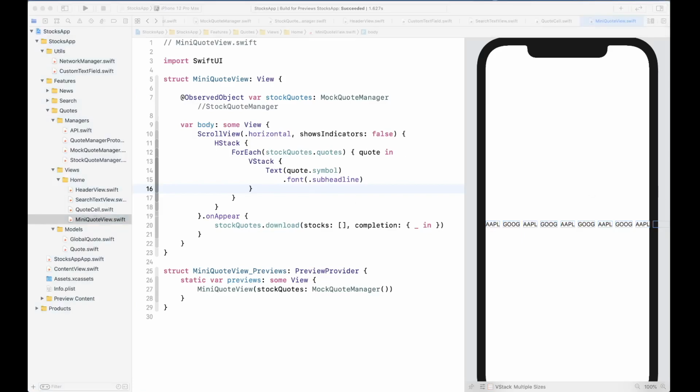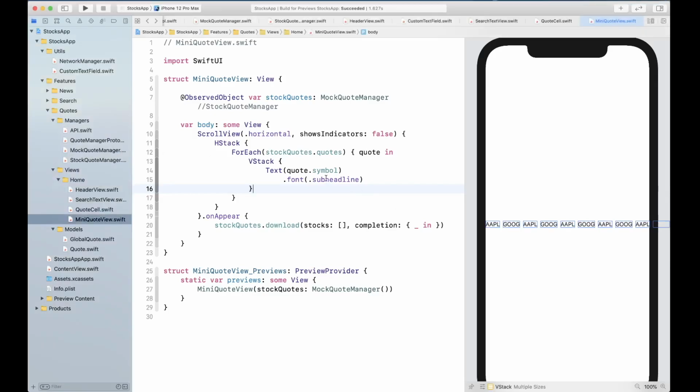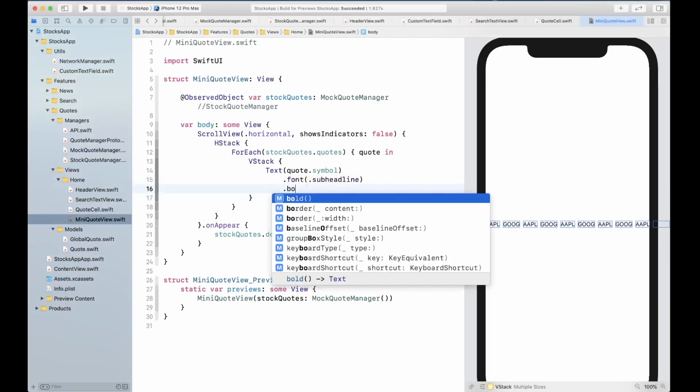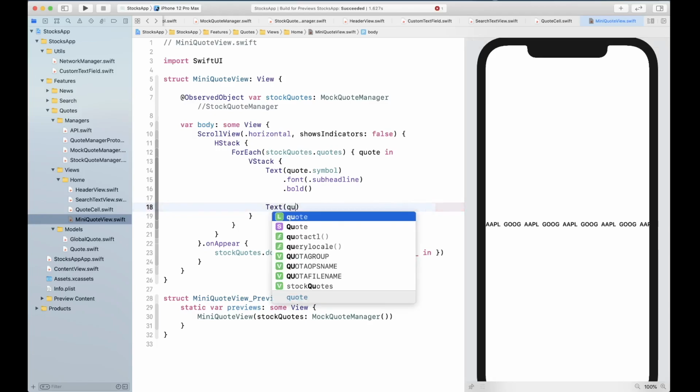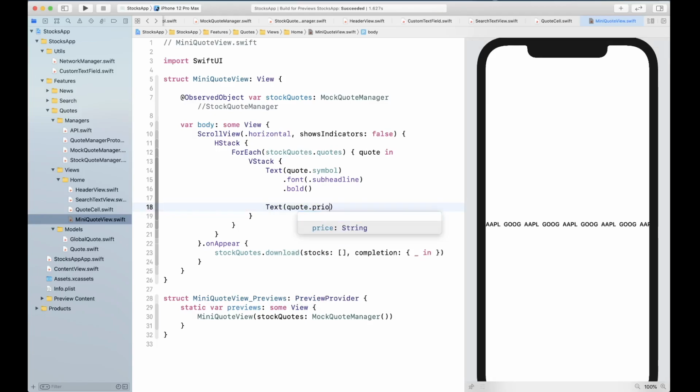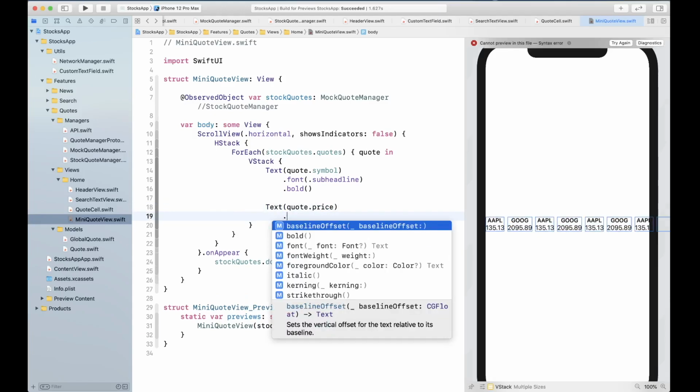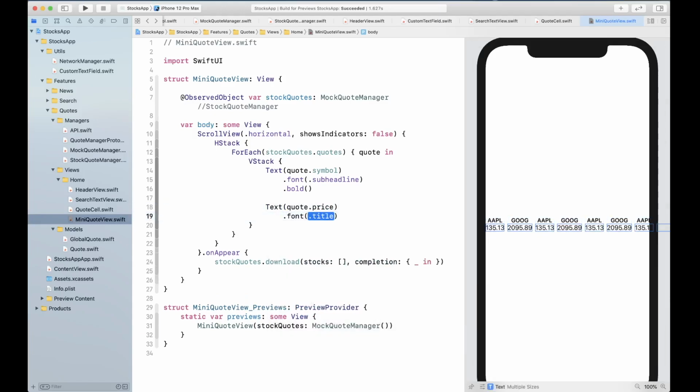So what we can do is make this bold. As you can see, our mock is helping us out here as well. We're gonna show the price, font, let's give it a subheadline font.